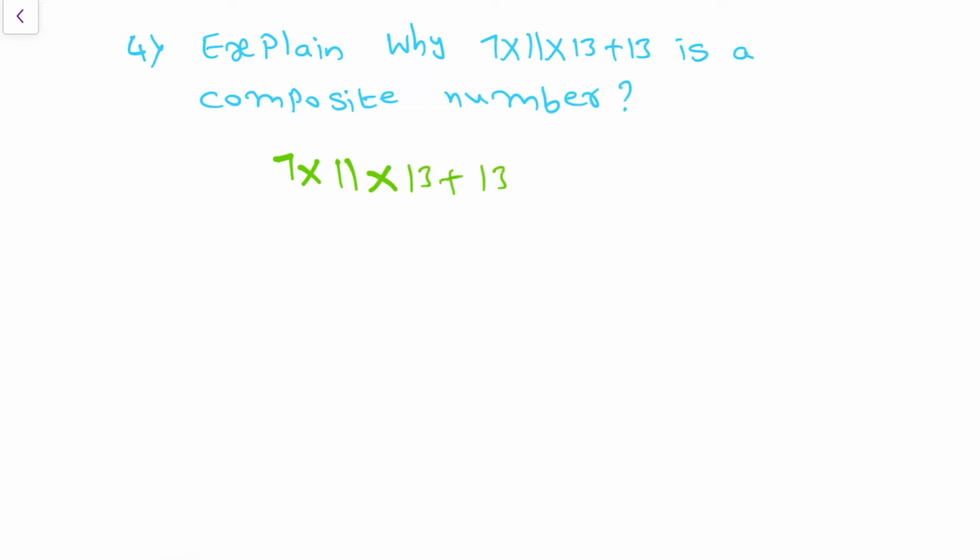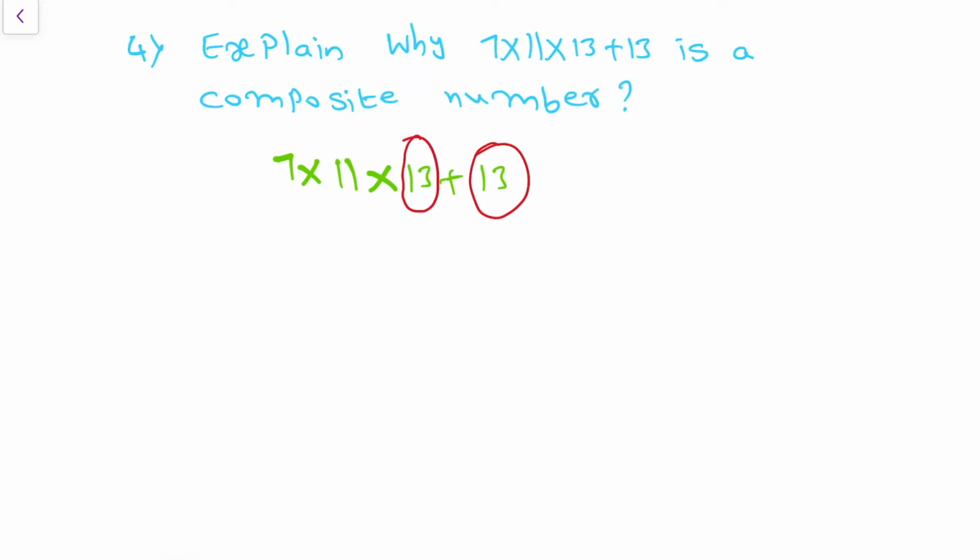If we observe this clearly, from here to here this is one term, because there is no plus or minus in it, and this will become the second term. These two terms are separated with the plus symbol. Always the terms are separated with plus or minus symbol only, not with multiplication, not with division. So in these two terms, is there any number which is common in both the terms? Yes, of course. In the first term, number 13. In the second term also number 13 is there.